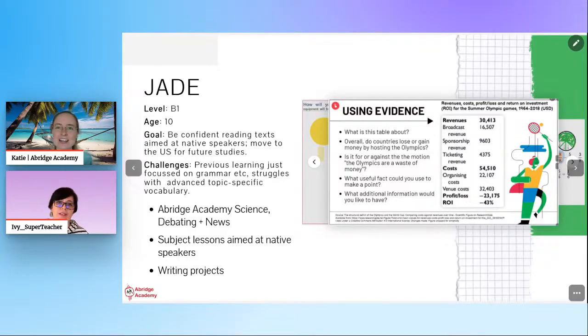I love that she's enjoying the combination of different topics as well. Sometimes it's very tempting to pick one thing and say, okay, she wants to improve her academic reading skills, so let's just read academic text. But if she had 3 lessons a week just focusing on very dry and boring academic texts, it's not going to be the most fun, and she'll switch off. So I like that combination of different things.